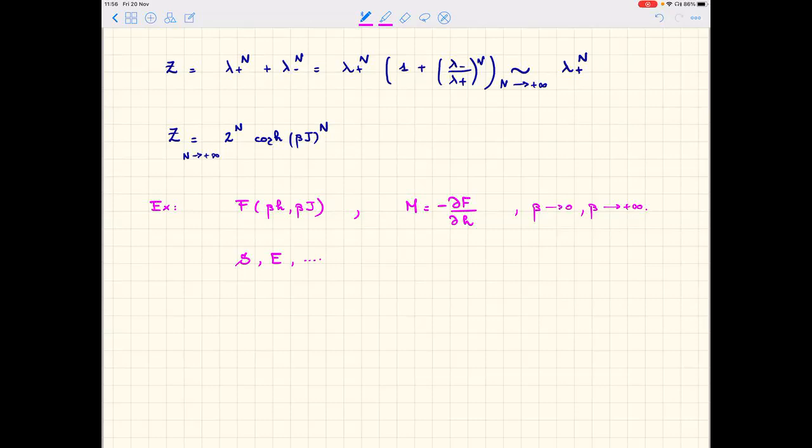The reason I asked you to do the calculation for the magnetization is that this is a calculation that you cannot do by the recursion method, right? All the other calculations we have already done with the recursion method, but the magnetization you cannot do with the recursion method, simply because with the recursion method, you cannot put in a magnetic field. And therefore, life is more complicated. Okay, so now,